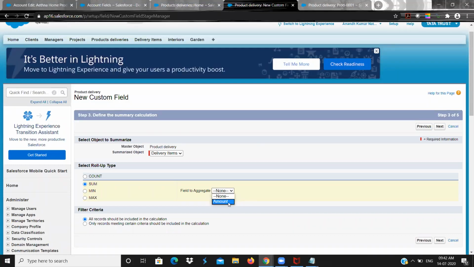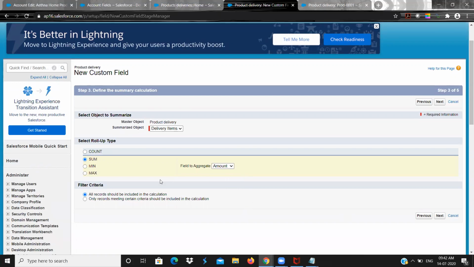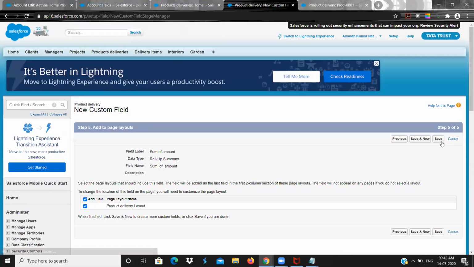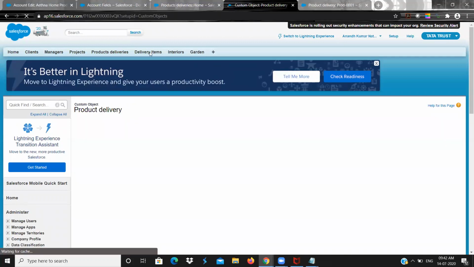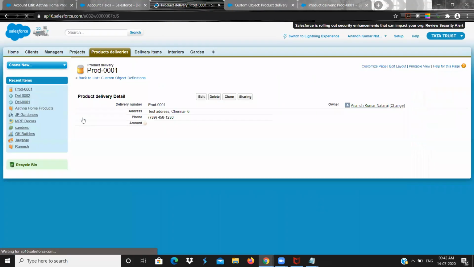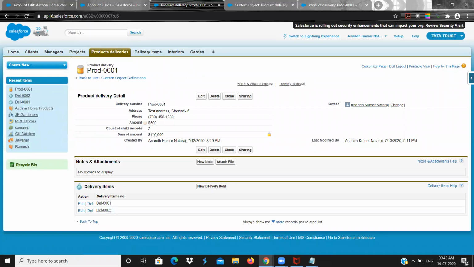So mathematical calculations, aggregation can be done in the number fields. So that's why it is showing amount only. Okay, so if you want certain criteria, you can give, or if you don't want, you can leave. Next, and you can click on save. So now if we go and see into the product, see total amount. From these two, one is 50,000, another one is 60,000. So total amount it is showing as 1,10,000. Okay, that is called the aggregation, that is sum.